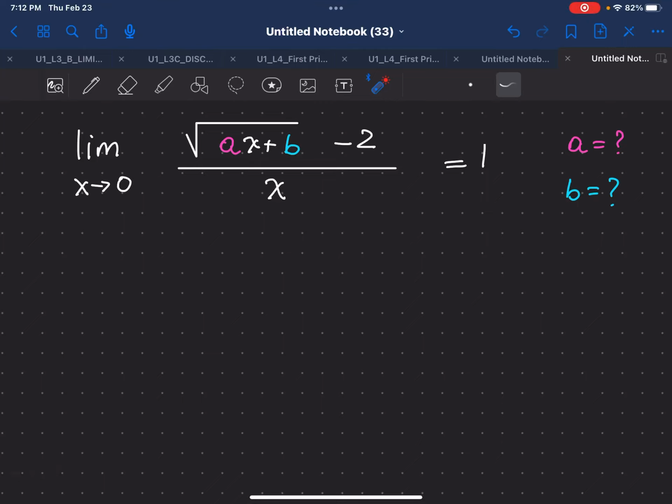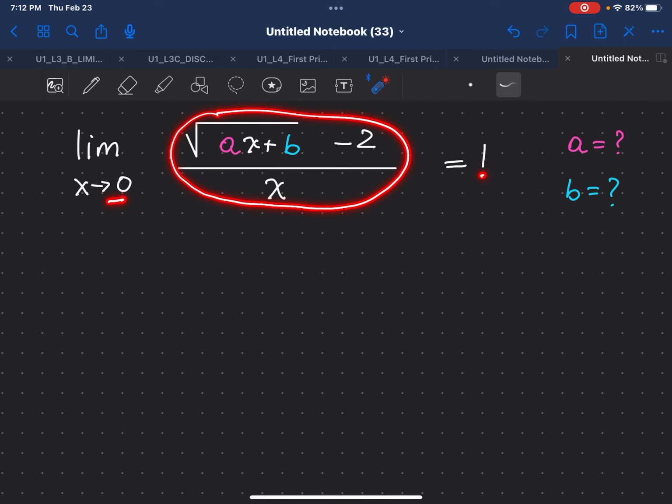Let's take a look at another unit review question. And this time we're looking at a thinking question. We have the limit as x approaches 0 of the square root of ax plus b minus 2, divided by x, equal to 1. So as you can see, we are missing the coefficients a and b. So we want to find the values of a and b so that the limit of this function when x